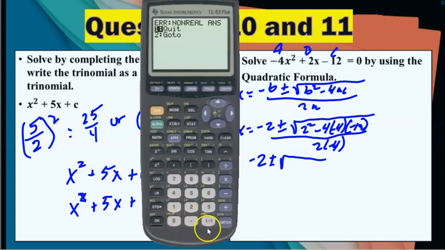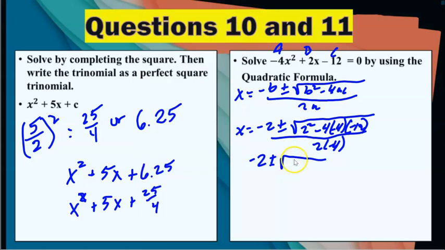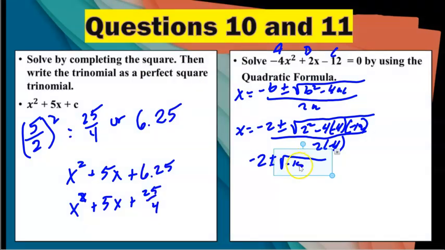So if we grab our calculator, negative 12 times 16 gives us a negative 192. So I have 4 minus 192, which will give us a negative 188. And this is all divided by